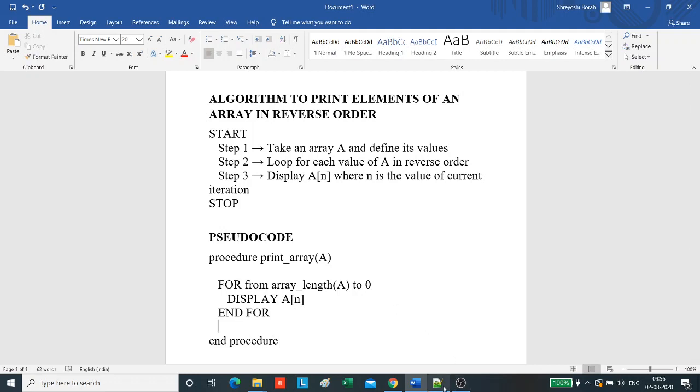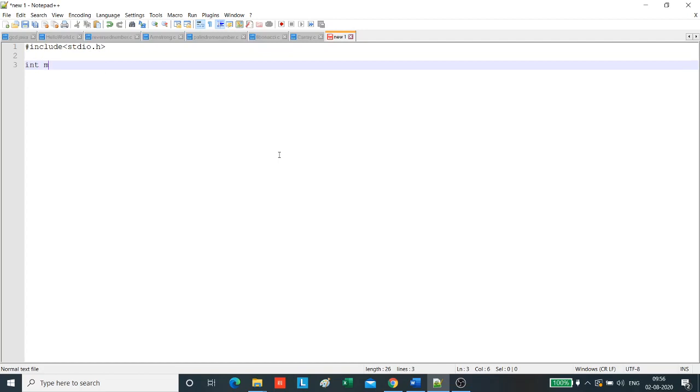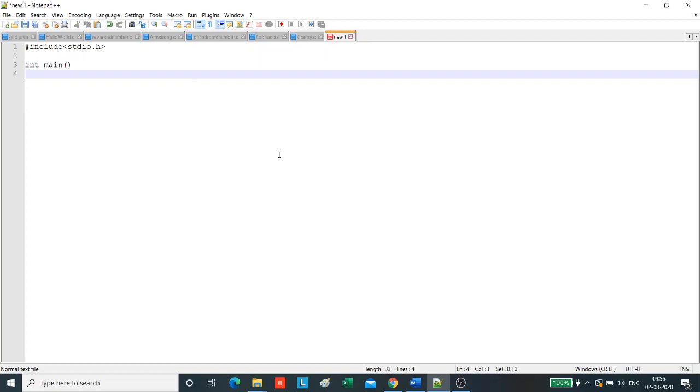For this we will go to Notepad++. First we will include the header file #include stdio.h. Now we start the main function, int main.